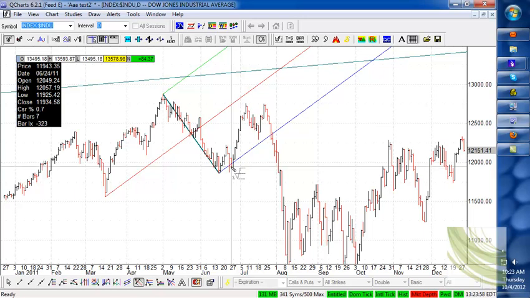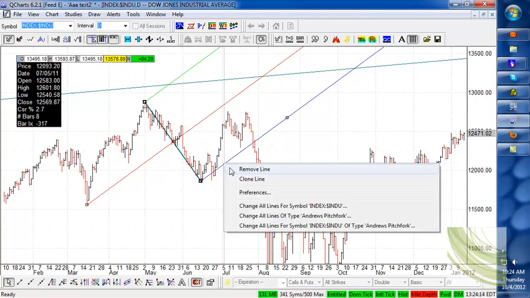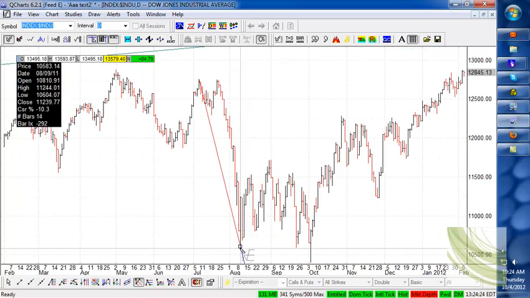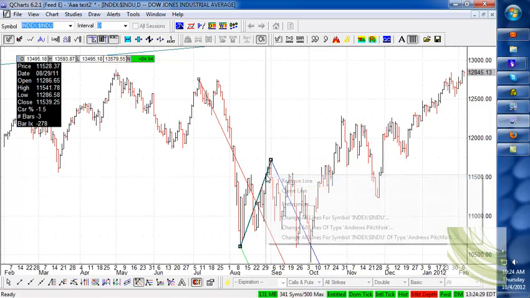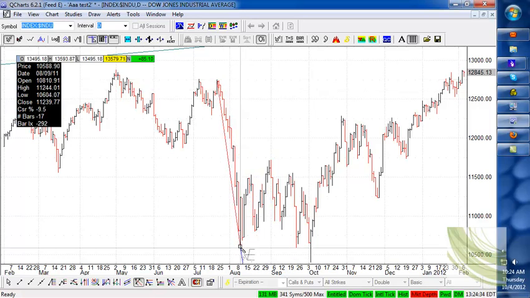So what it also says in the original Andrews rules, which I don't use because I use what I learned from Andrews instead, is that if you have a situation like this, where prices go beyond the MLH, you then draw what's called an SH. Let's take a look. Here we go. Probably draw this one here. So let's say you're down here